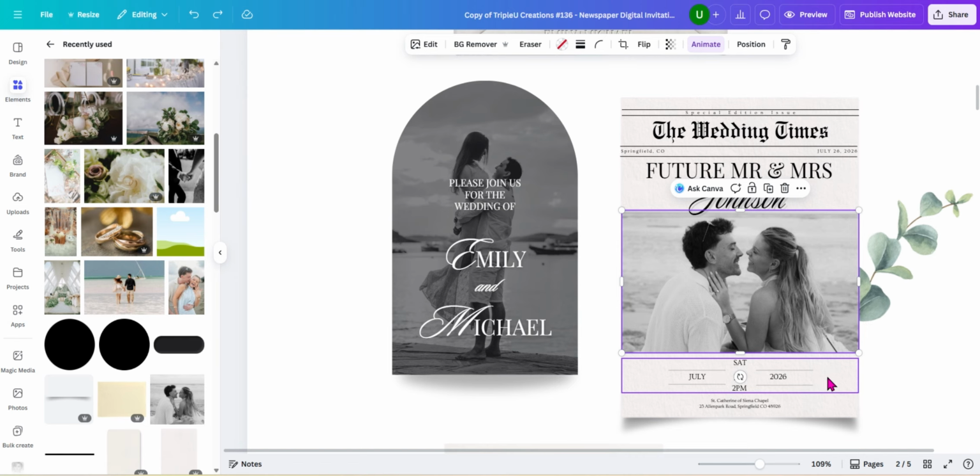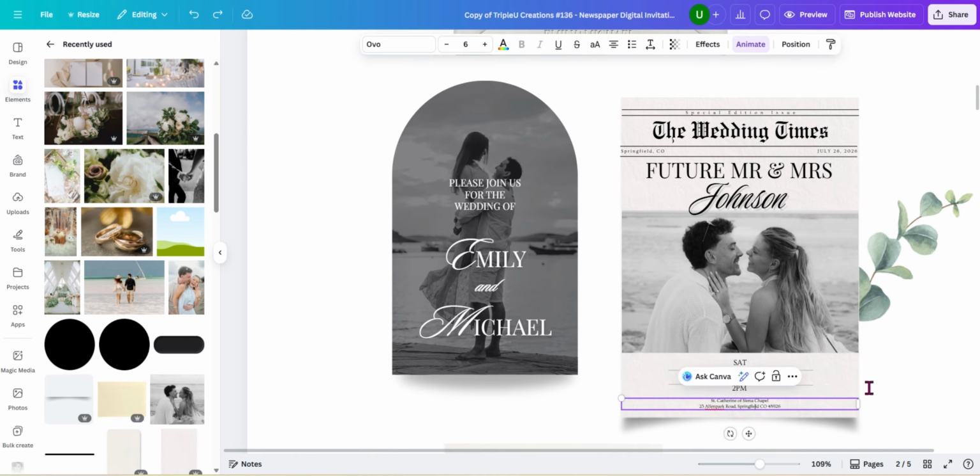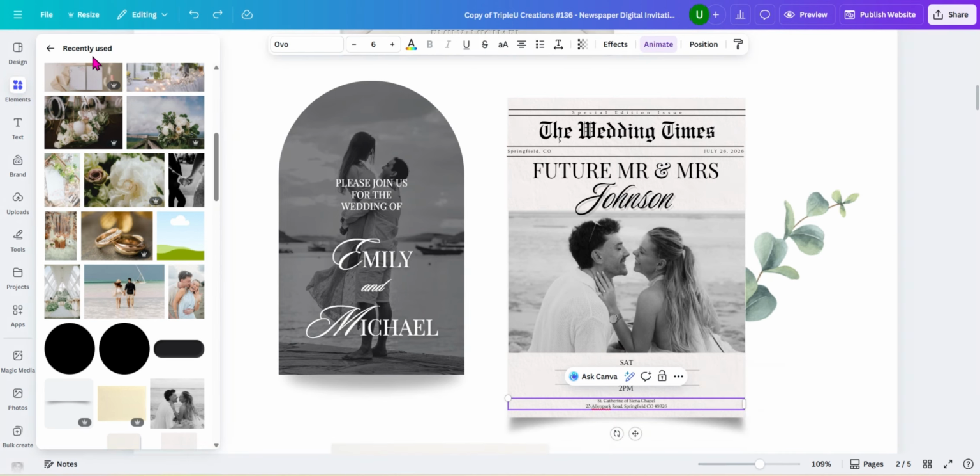I grouped this, but you can change, like I said, every single thing. So for this one, you'll need to ungroup it and then individually change it. This one is a standalone and you can just change that, okay? These elements right here, like this eucalyptus leaf, you can also change it. If you want roses, head on over to elements,